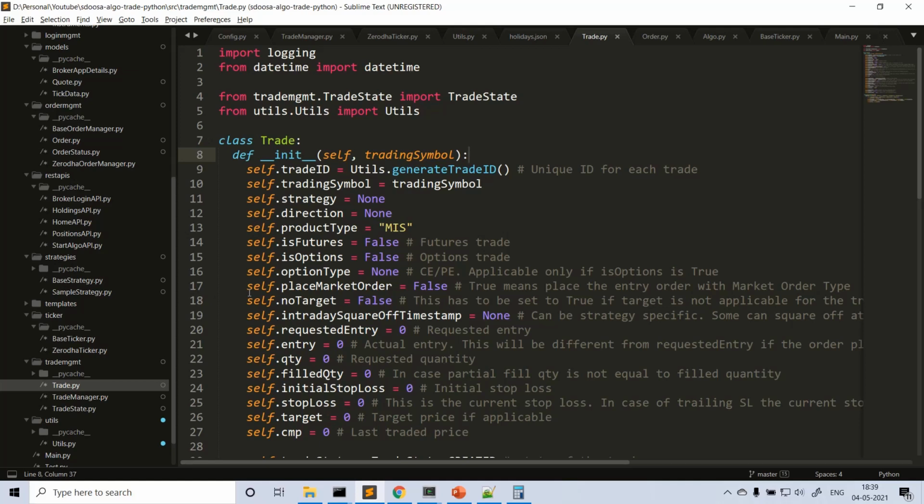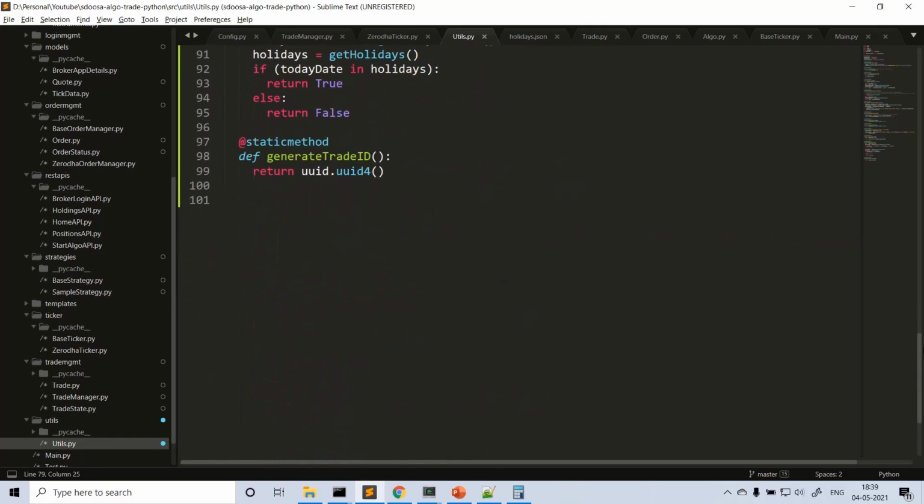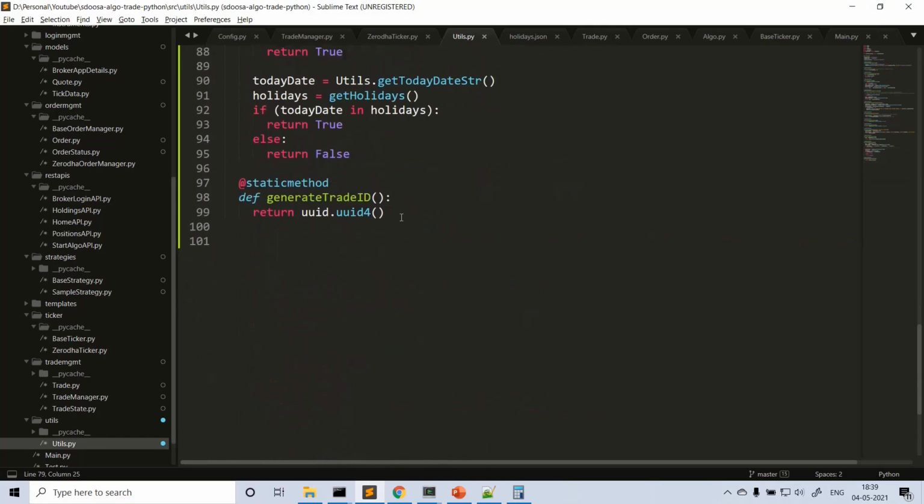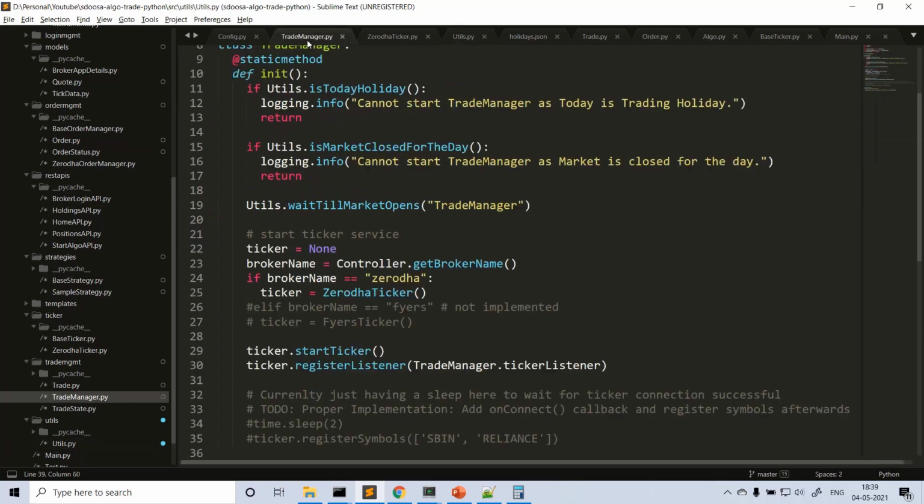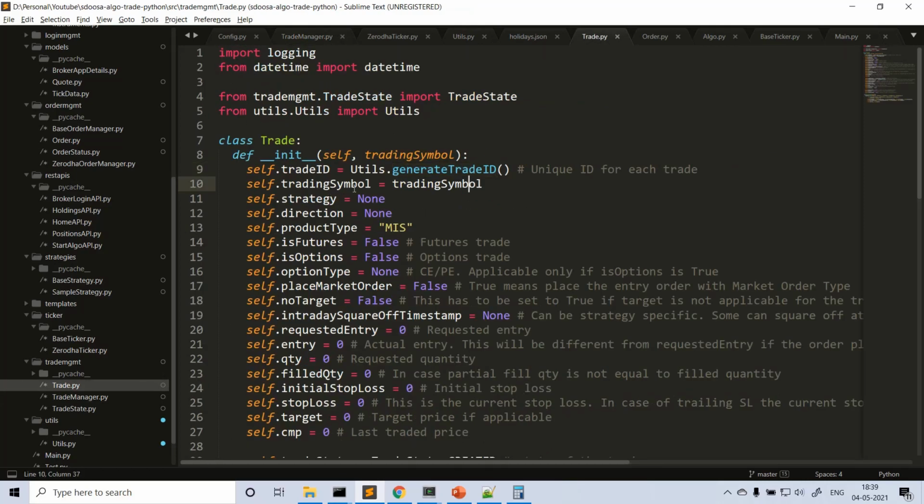Whenever we are creating a new trade, you call this trade class and create an object of trade. We have a trade ID, which is a unique ID that we have to generate. Whenever this is called, I am generating it from the utils class. I wrote a generate trade ID function inside utils, which gives a unique random number. Then the main thing is the trading symbol.